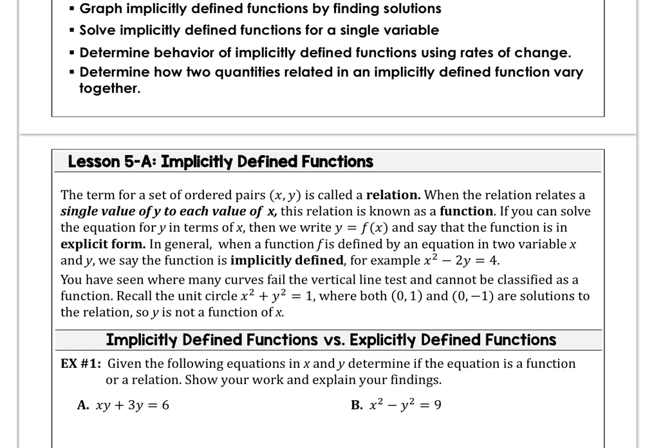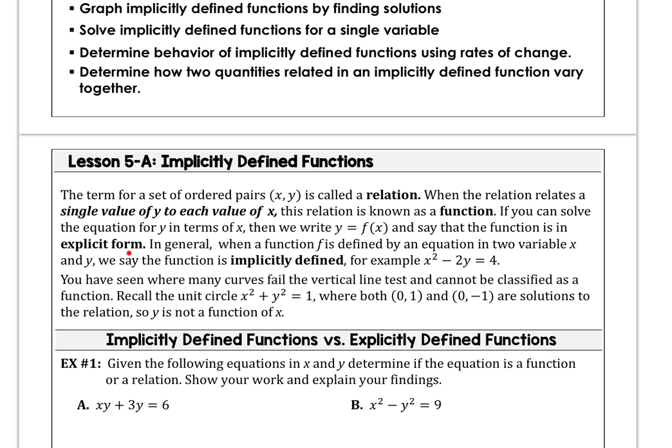Let's read carefully about the definition for implicit functions. We know that the set of ordered pairs like (x, y) is known as a relation. And when that relation relates a single value of y for each value of x, we call that relation a function. If we can solve the equation for y in terms of x, then we can say that the function